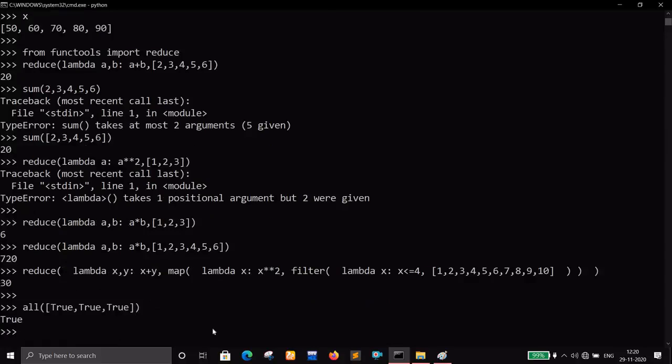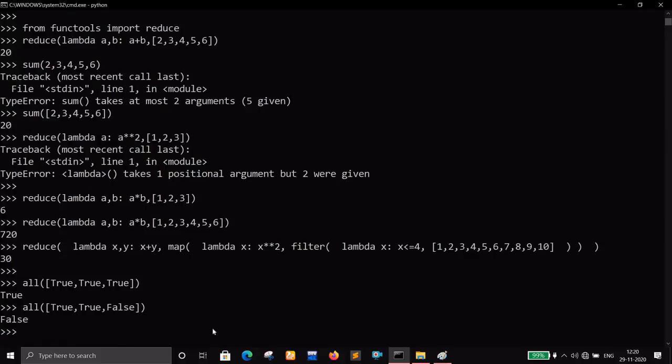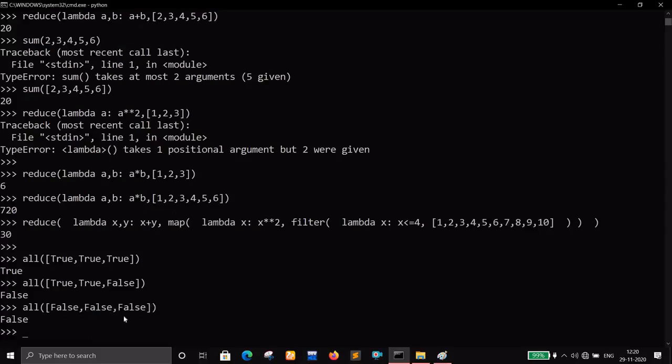It gives true, right? But if I say true, true, false, it gives us false. If I say false, false, false, it gives us false, right? And there is another function called any,